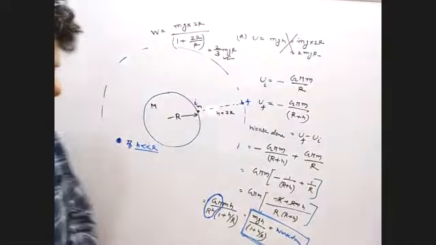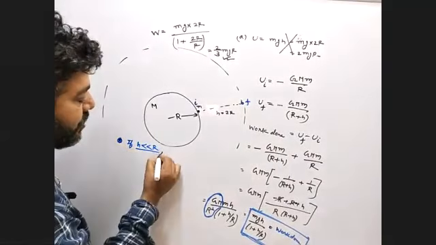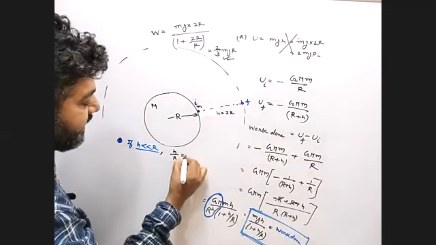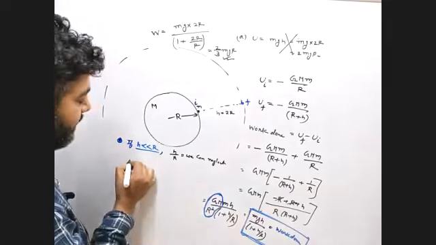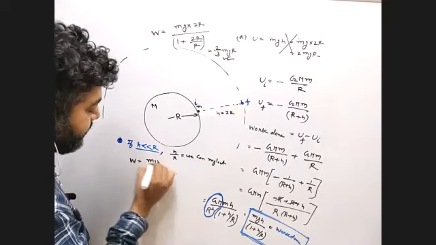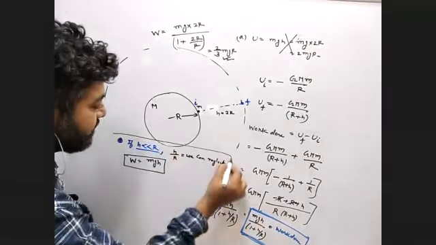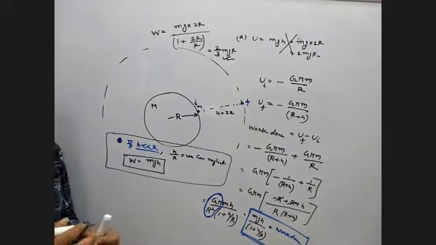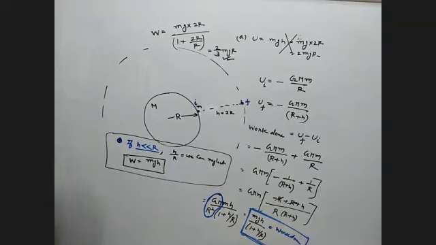So if this H is very less than R, basically we can neglect H by R. We can neglect it. So what happens then? Work done is mgh. Are you getting my point? See, if you neglect this one, mgh. So this work power energy work done is the special case when H is very less than R. But if the H is not very less than R, if it's a very large value, then it's better to always use this formula. Is it clear, everyone?